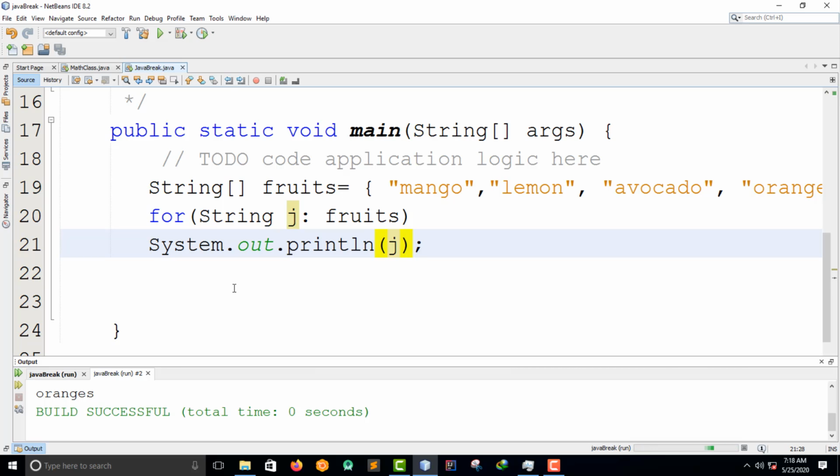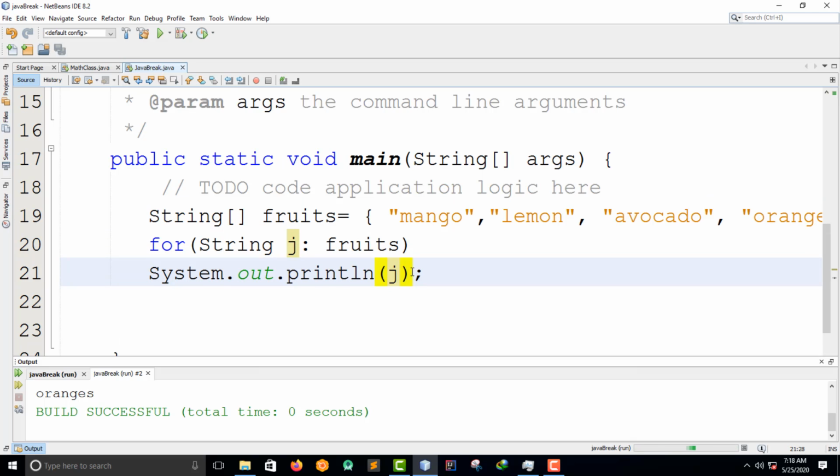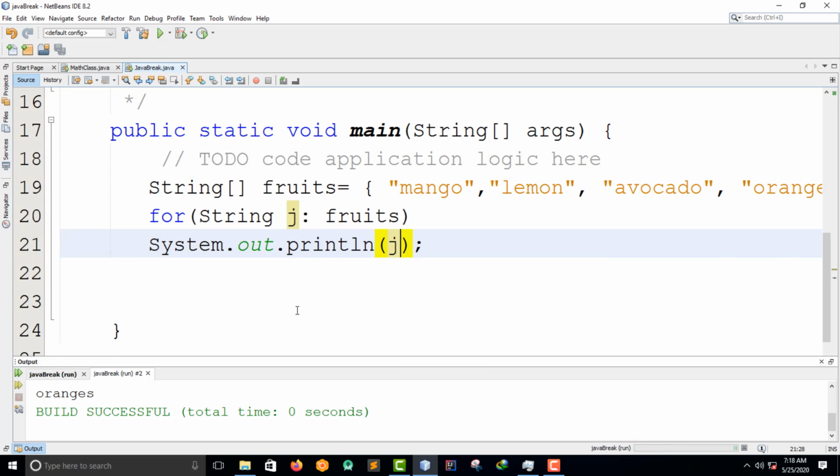So that is it, guys. This is simpler than the other one where we use the for. Then we just say the string, and then we declare, we assign this. We have a variable. It's like taking all the fruits that were in here. Then these fruits are here, right? So we just assign. It's like we took all the fruits into this string with this colon here, and we print out this one. But the previous one we used the counter.